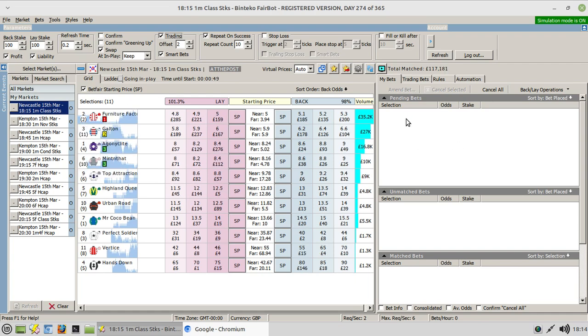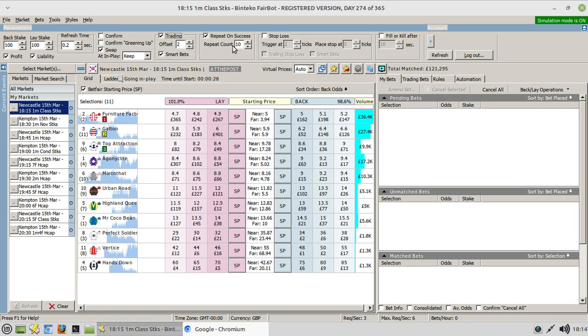Now, essentially what happens, if you're not familiar with repeat on success, is whenever you put a bet into the market using these trading functions here, if that trade is successfully completed and repeat on success is switched on, it will loop round and submit that trade again, and it will keep doing so the number of times that you specify in this box. Now, if you click on the green up all button whilst that looping process is in play,